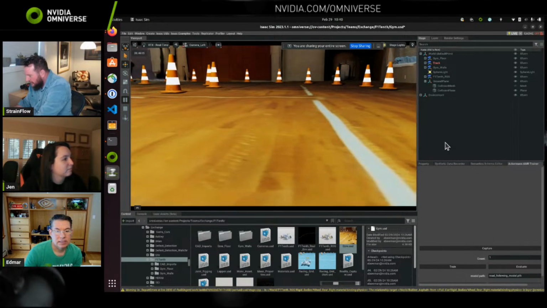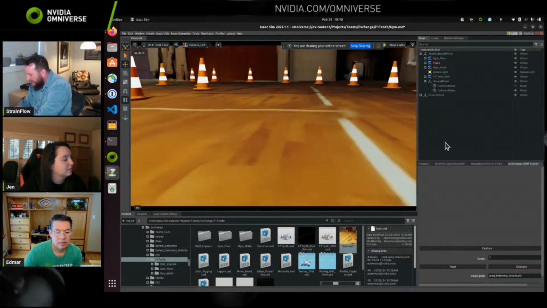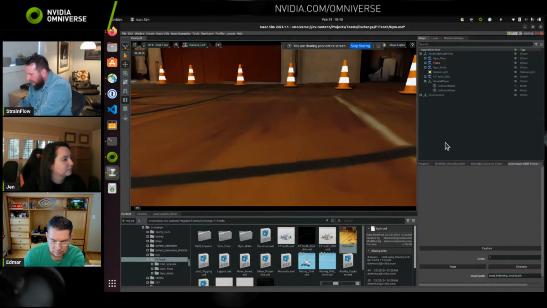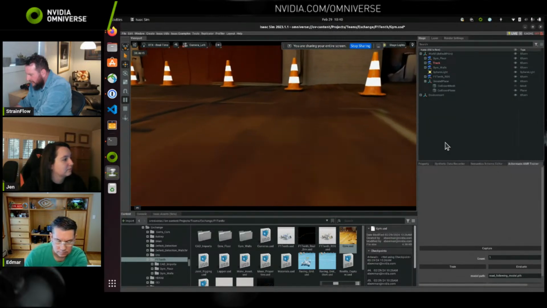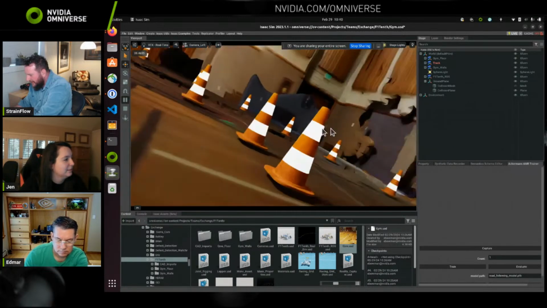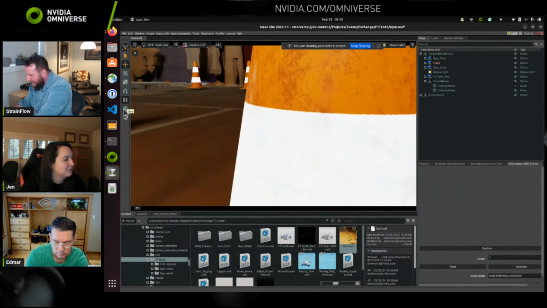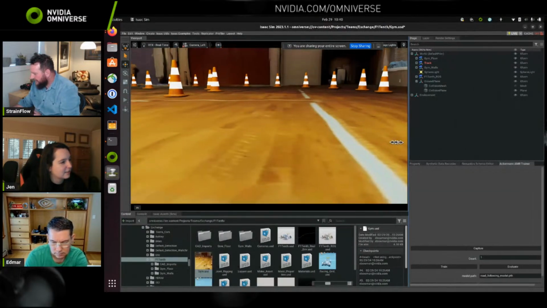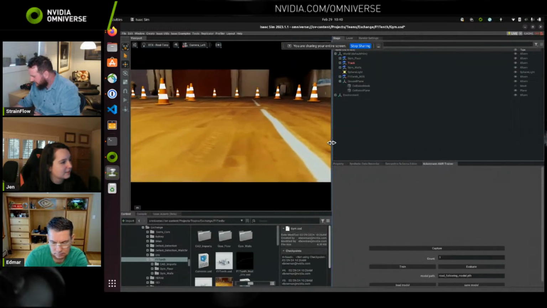Let's see if it works. So I'm driving the car by hand with the keyboard. Come on, turn. Ah, too much turning. Too much turning. Oh, no. We'll try again here. There's a little bit of delay between hitting controls and it doing stuff. So we'll just take our time.